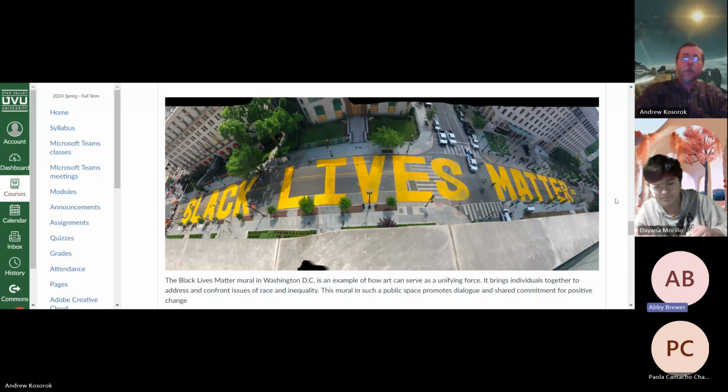To me, what stood out here is I felt like the Black Lives Matter piece of art painted on the road in such a public space mirrors unification, because it's in such an open public space that everybody sees and uses and comes together. So I also, as I said, it just seems to be such an interesting piece of art right in that community that promotes dialogue and is a good reminder for positive change